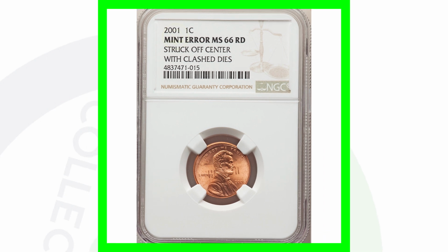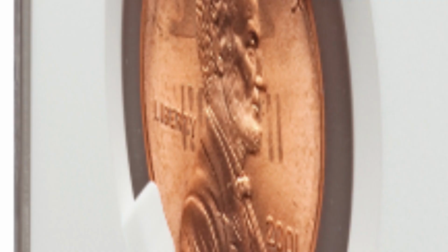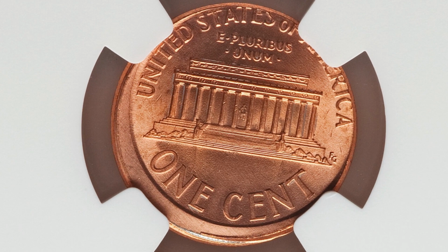Now here is a 2001 Lincoln cent that has a couple different things. One, the coin was struck off center, and it also has a die clash. So you'll actually see the pillars from the memorial building from the reverse of the coin coming through here on the obverse, the front of the coin. And of course you can see how off center that coin is. Very nice coin. This coin is graded by NGC at a mint state 66 red, and this penny ended up